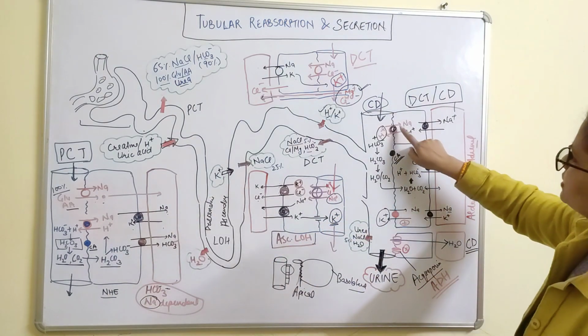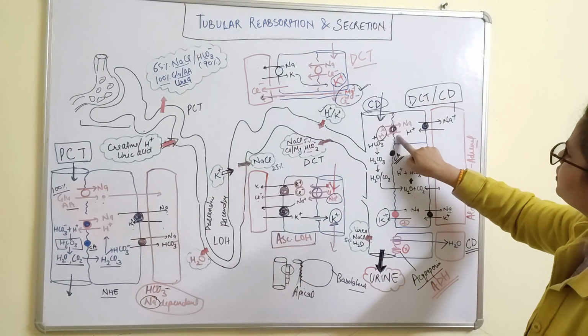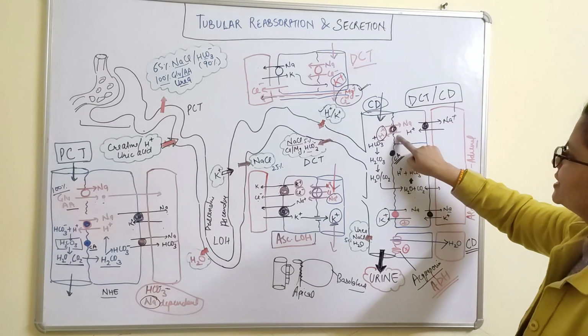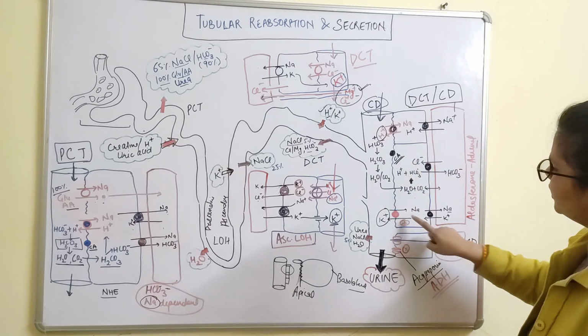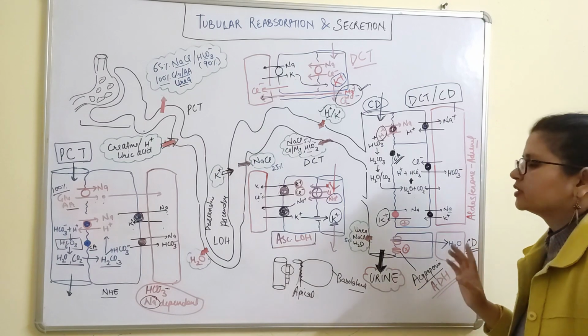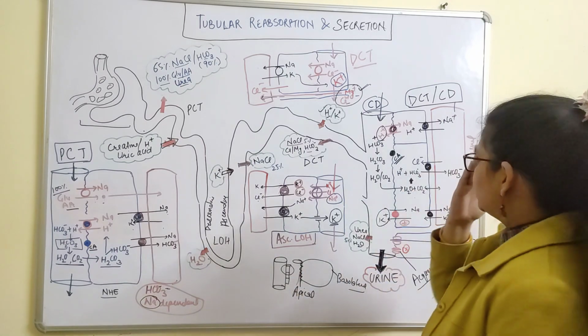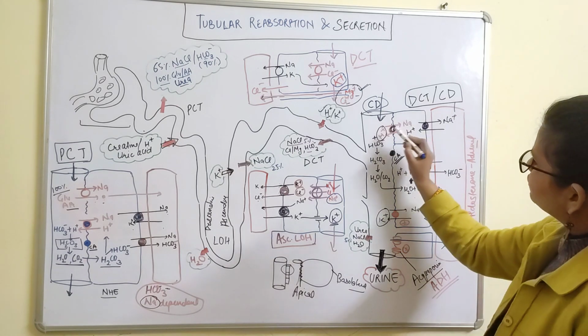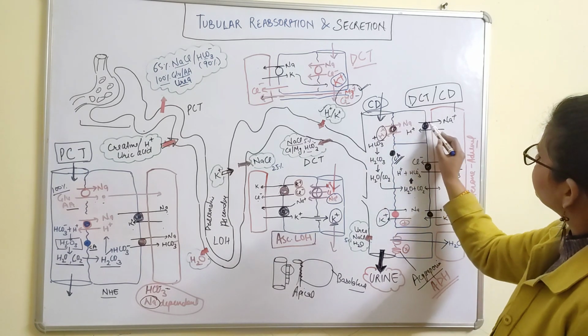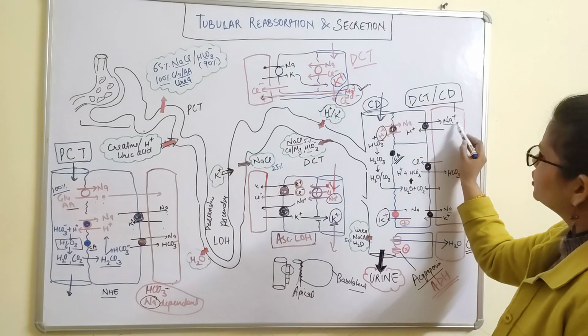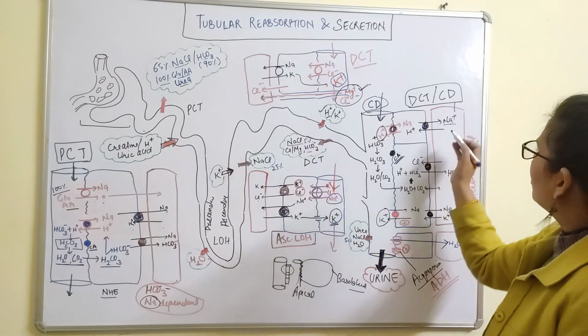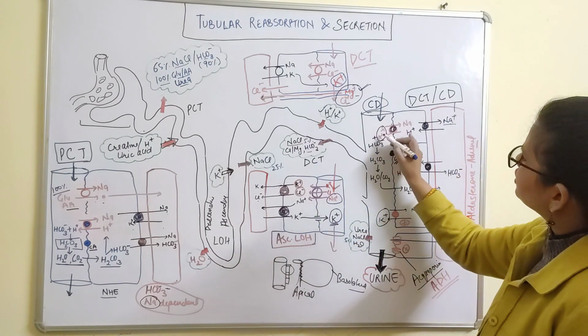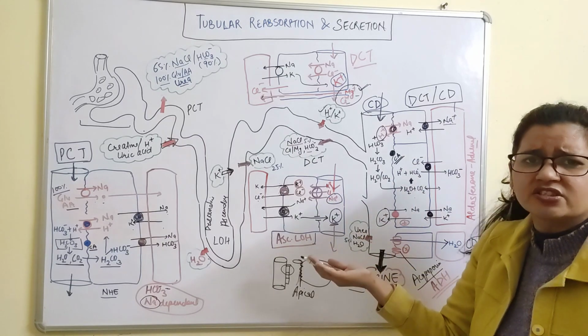Can you see here? The sodium hydrogen exchanger is present on both the membranes, and the sodium potassium pump is present on both the membranes. So it's the same throughout. Let's see what happens. With the help of the sodium hydrogen exchanger, sodium is absorbed and this sodium enters the blood vessel. So this is called sodium reabsorption, right? In exchange for hydrogen ion. So this is called hydrogen secretion, right?